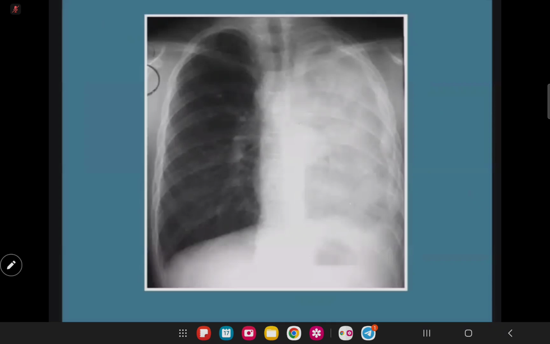This one. So take a look. Complete opacification of your left lung. You cannot see your diaphragm, or there will be elevation of your diaphragm. Where's the heart? Can you still visualize the heart or not? No na, Doc. So there will be shifting of your mediastinal structure to the opposite side. And then take note, flattened naman yung diaphragm, so most likely you would have hyperinflation. So this would be a massive atelectasis.